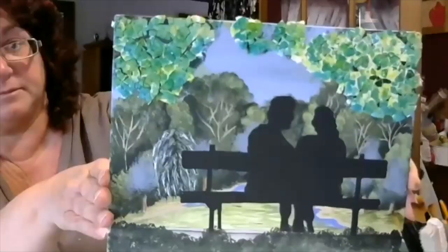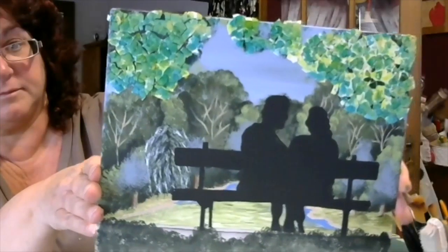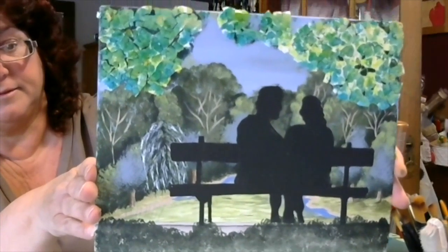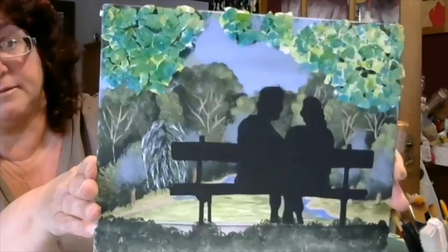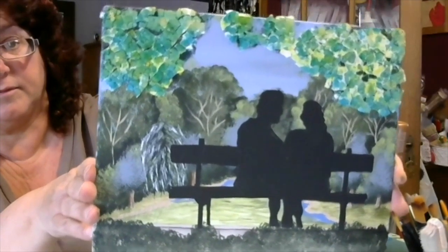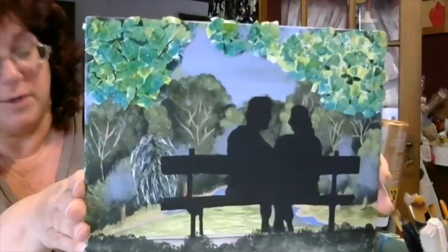Hold on. Spotlight. Cool. All done. Cool. Very nice. And then it looks like different color leaves. I like the colors. Do you like the colors? Yeah, I do. Once I put